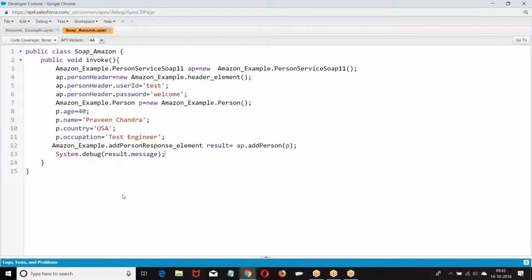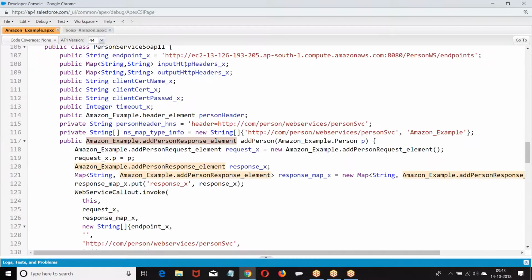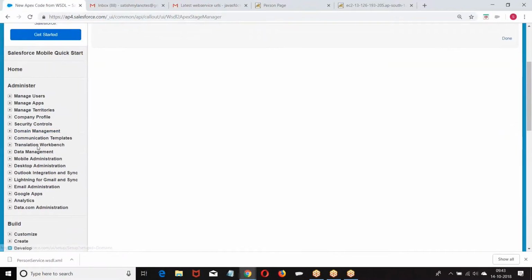This is what I create. First look at the example, I'll explain one more time. Now what is the primary point? Any third party system you want to communicate with should be registered with the remote site.